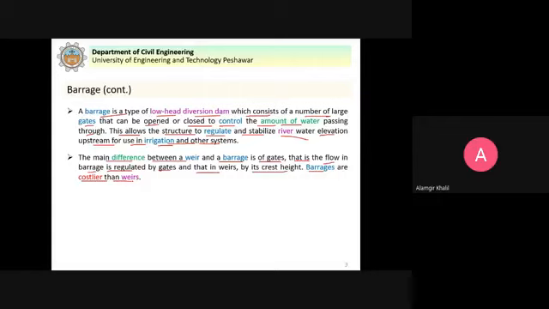As we already studied in the previous lecture, barrages have many advantages, but these are costlier than weirs. When we construct a weir and we construct a barrage, the barrage is more costly. But no doubt a barrage has more advantages over the weir, and that is why barrages are constructed nowadays.